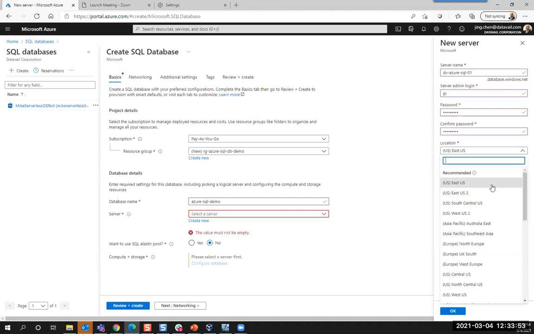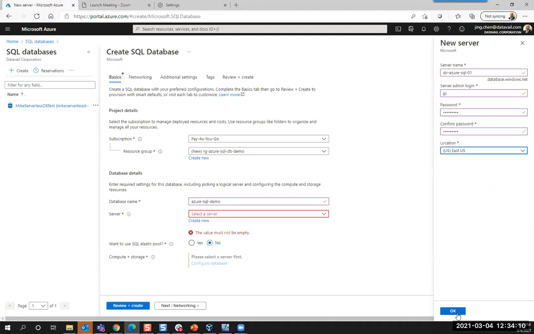And considering the region, you should choose it based on the features that are available and also specific location proximity, right? Close to you, right? Of course, features the highest priority, and then you move on to make sure you choose one that's closer to you. Okay. Hit OK here,